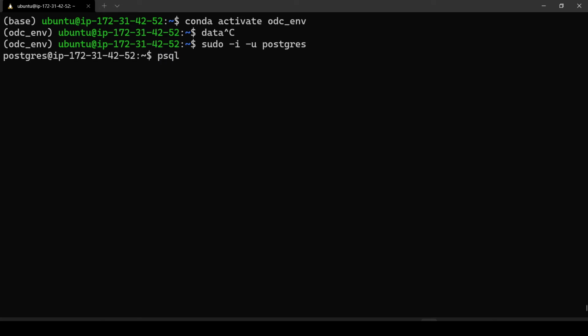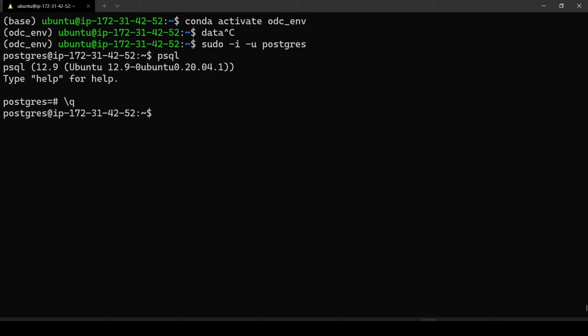psql is the command line interface for Postgres. If you type it, you are in. So it directly went into Postgres without asking for a database, because by default Postgres also creates a database named postgres. So that is all cool. Now we can either create the database here as well, or we can exit here, and from the user we can run createdb and name it datacube, as the document suggests. So our database is created.